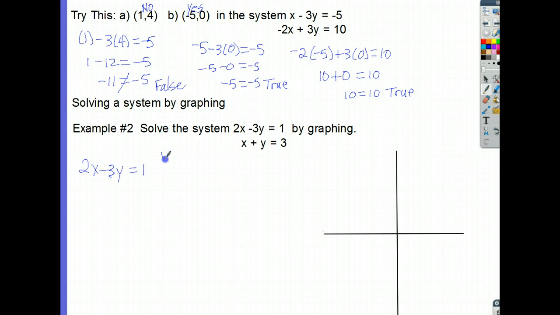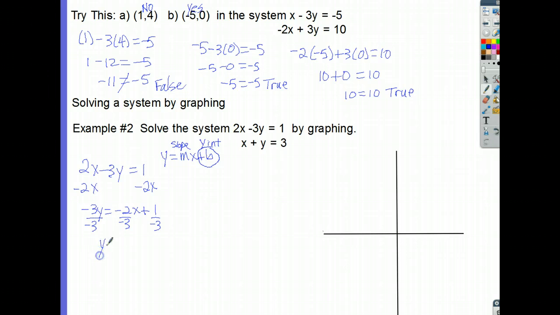Slope-intercept form, for those that don't remember, is y equals mx plus b, where m is the slope, and b, with its sign included, is the y-intercept. That's where it crosses the y-axis. Okay, so we're going to solve it for y. To do that, we'll subtract 2x from both sides. We get negative 3y equals negative 2x plus 1, because the 1 is positive, it has to have a sign. We then divide everything by negative 3,